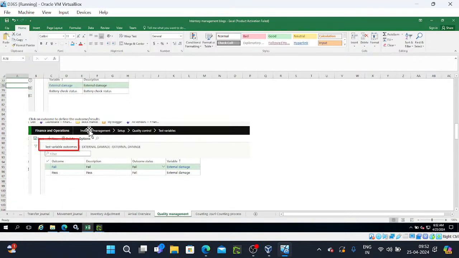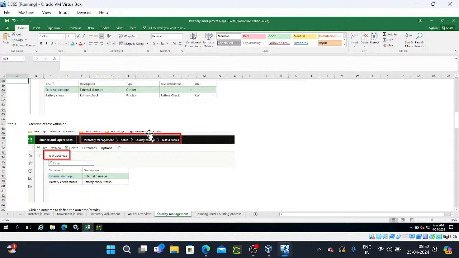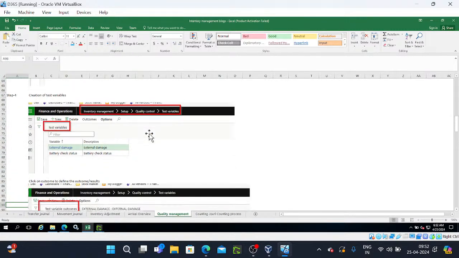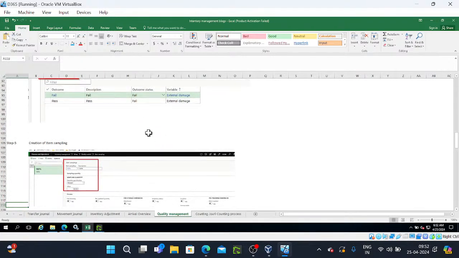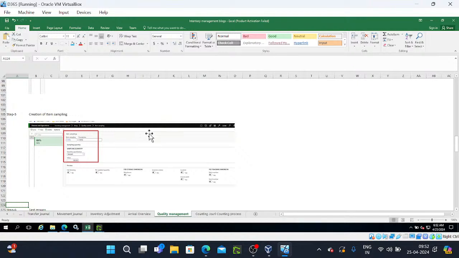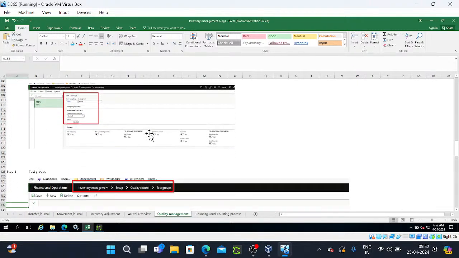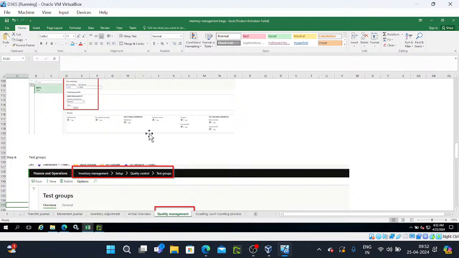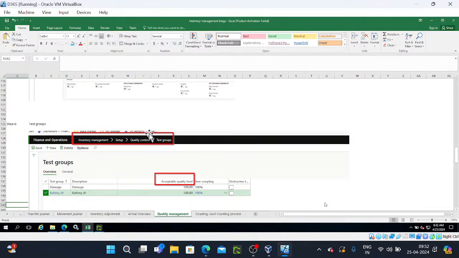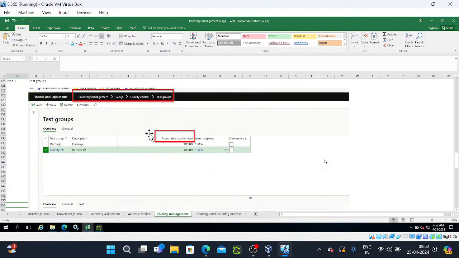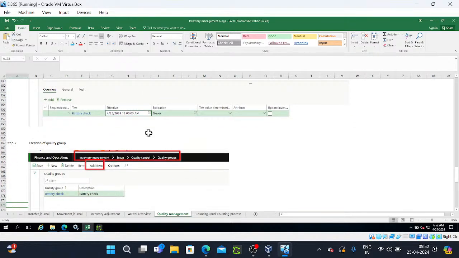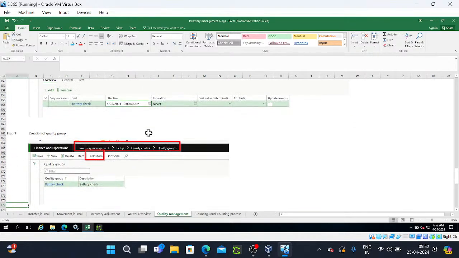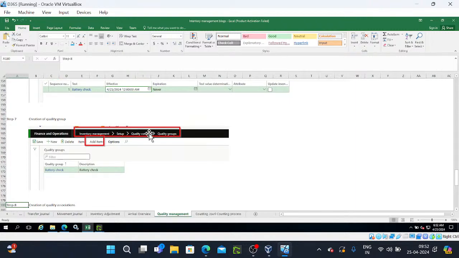Here I can show you this one, test variables, then item sampling. In item sampling we need to tell how much percentage of goods needs to be used for sampling. And next is test groups. In the test groups we need to define the acceptable level of quantity, and you need to define the test sequence. First which one needs to be performed, second which one needs to be performed, and